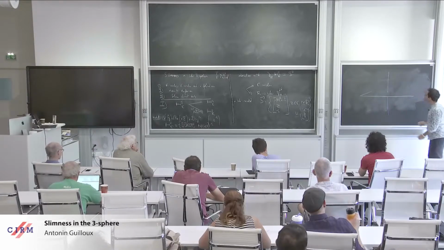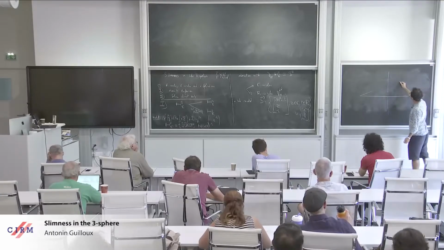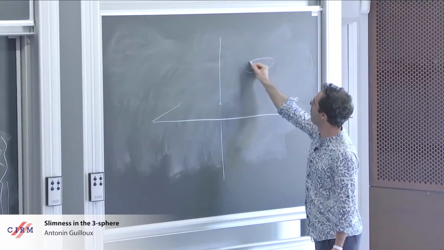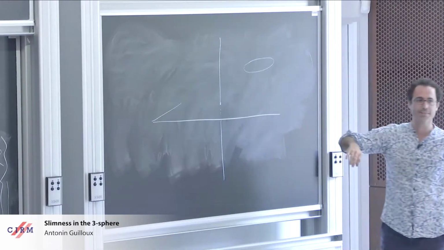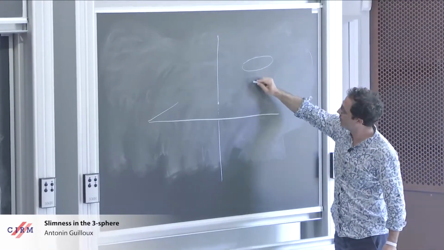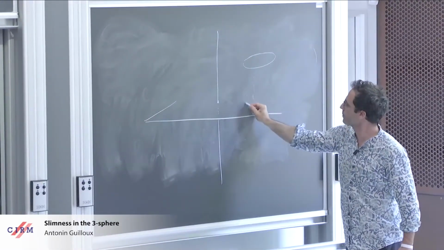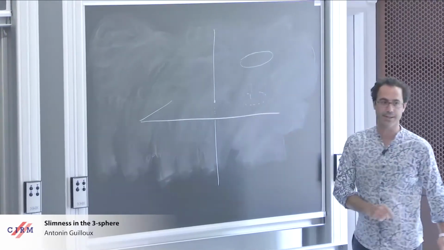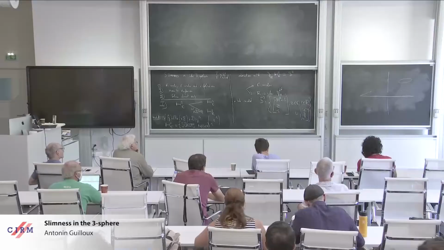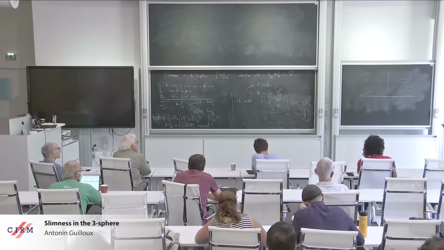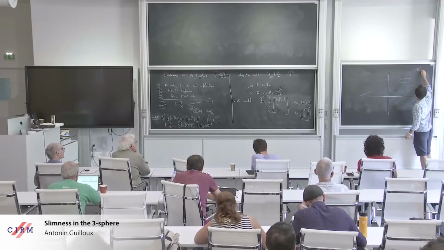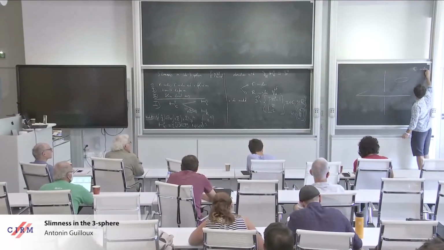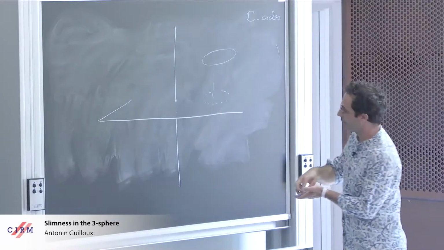So C circles are vertical lines or ellipses that project on actual circles. So that was Anna's part. And so these are C circles. And R circles